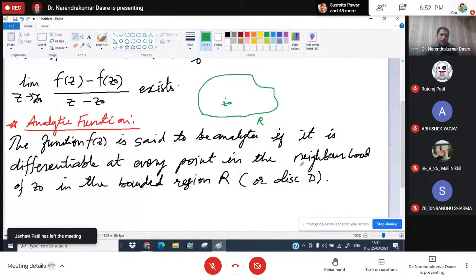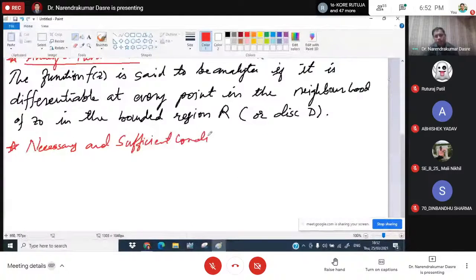So what we need to understand are the necessary and sufficient conditions. We'll see what the necessary and sufficient conditions are for the function to be analytic. Now, if I consider the function f of z again,